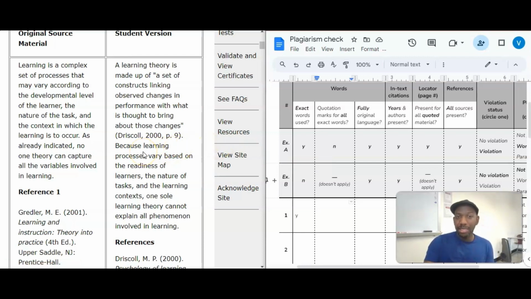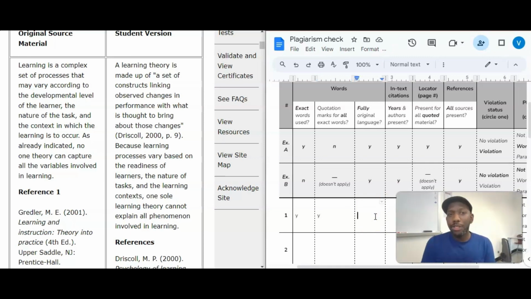This second sentence is very similar to what's coming in from this Gretler source, but it's not exactly the same. The student tried to paraphrase. It's very close. It's not a strong paraphrase, but it's not exact. So can we say yes, all exact words are in quotation marks? Absolutely we can. Okay.